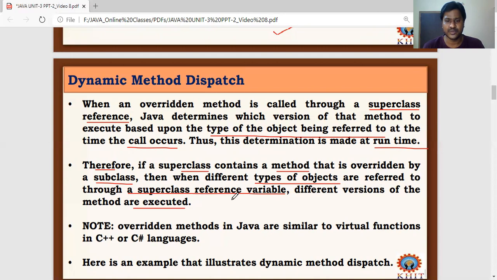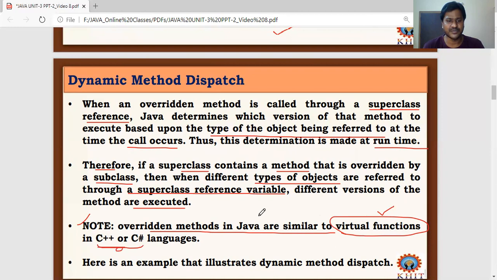Note that overridden methods in Java are similar to virtual functions in languages like C++. You already covered C++ in the previous semester, so you are familiar with the concept of virtual functions, which resolve the naming problem in those languages.